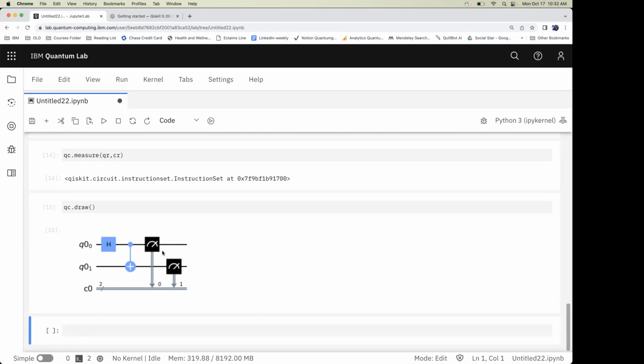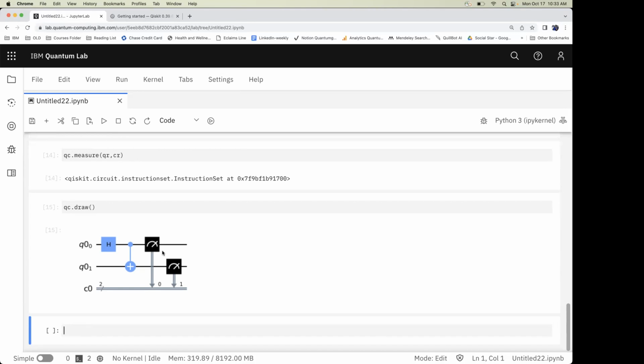So there are simulators that we use, where you can actually validate whether your circuit is correct or not. A simulator will simulate your quantum circuit and tell you whether these are the expected results or not. So before sending the circuit to the actual quantum computers, we run this circuit on a simulator and verify if the circuit is correct or not. If there are some mistakes in the circuit, we can fix them before giving it to the quantum computers.